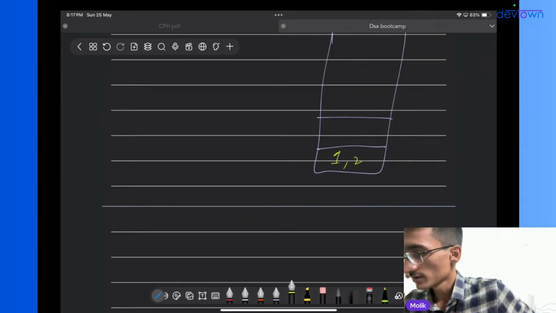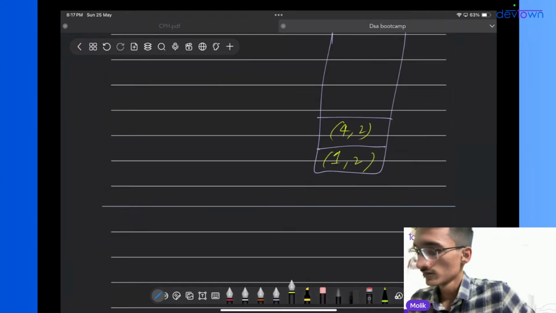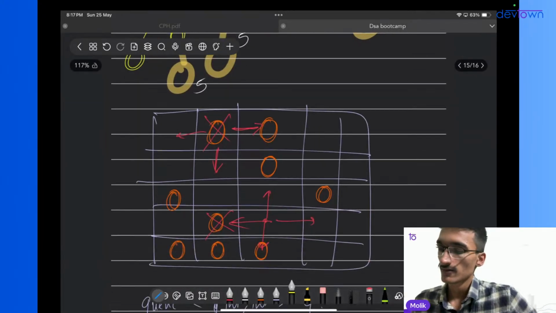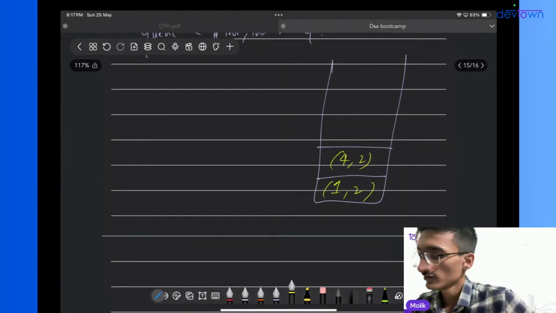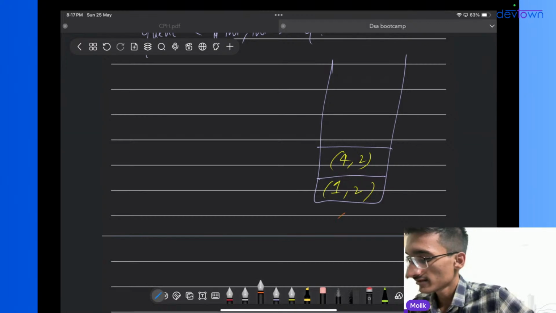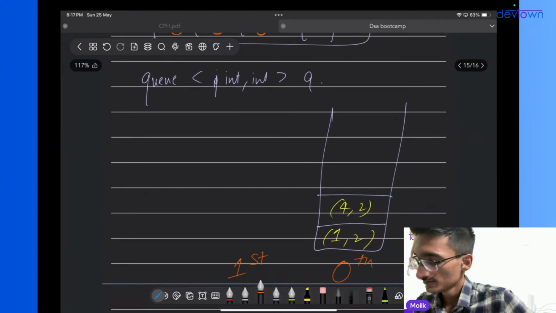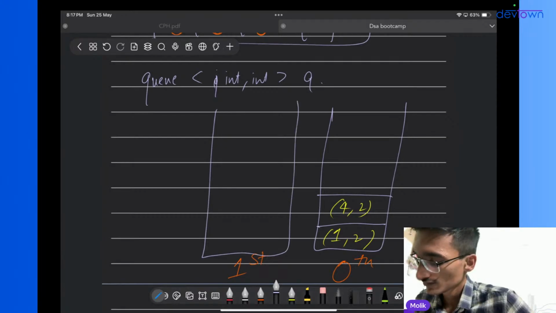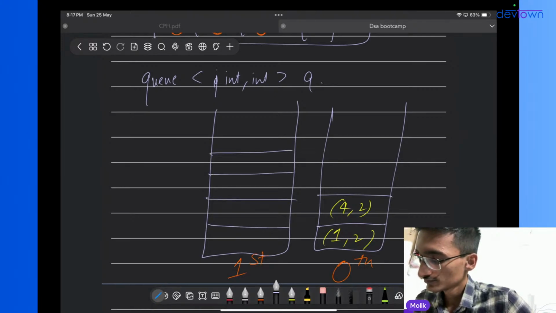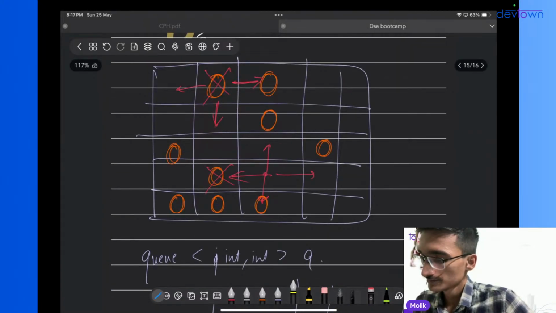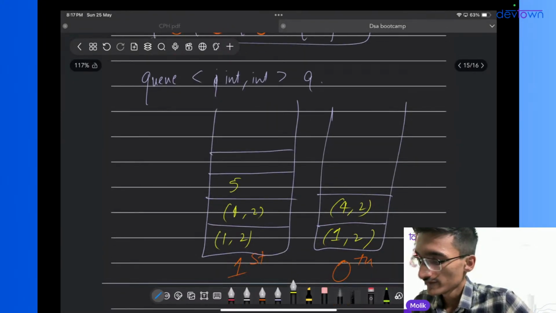So you simply keep 1 comma 2, 4 comma 2. This will be the state at 0 second. At the first second, the state will be 1 comma 2, 4 comma 2, 5 comma 2,